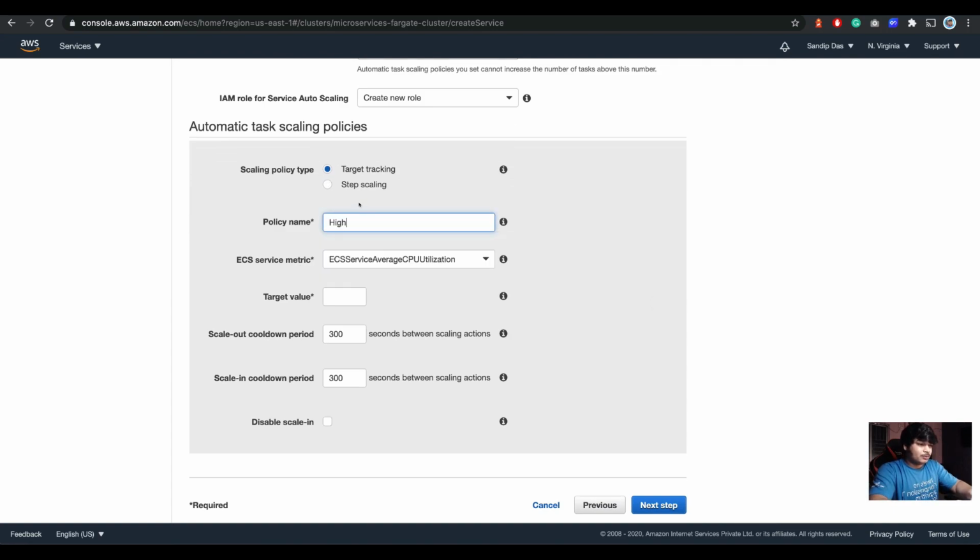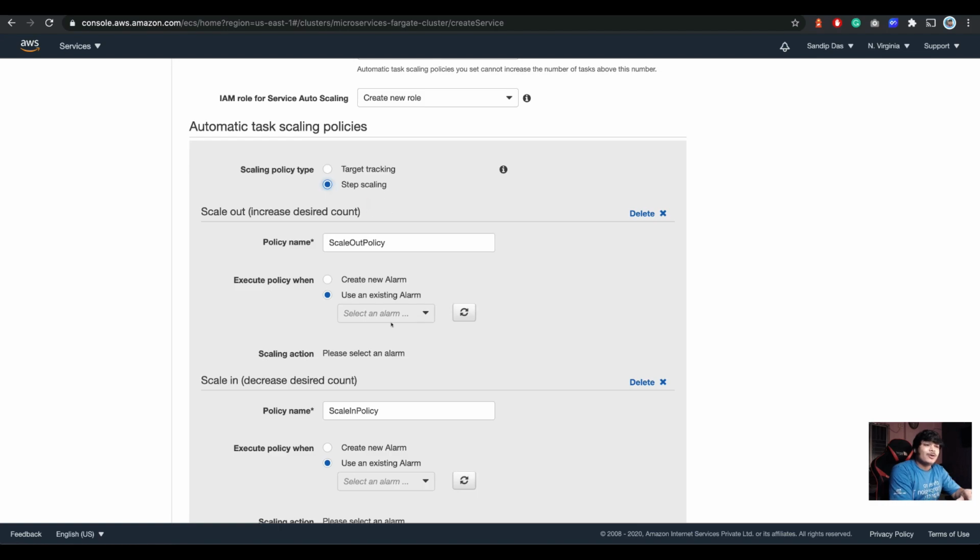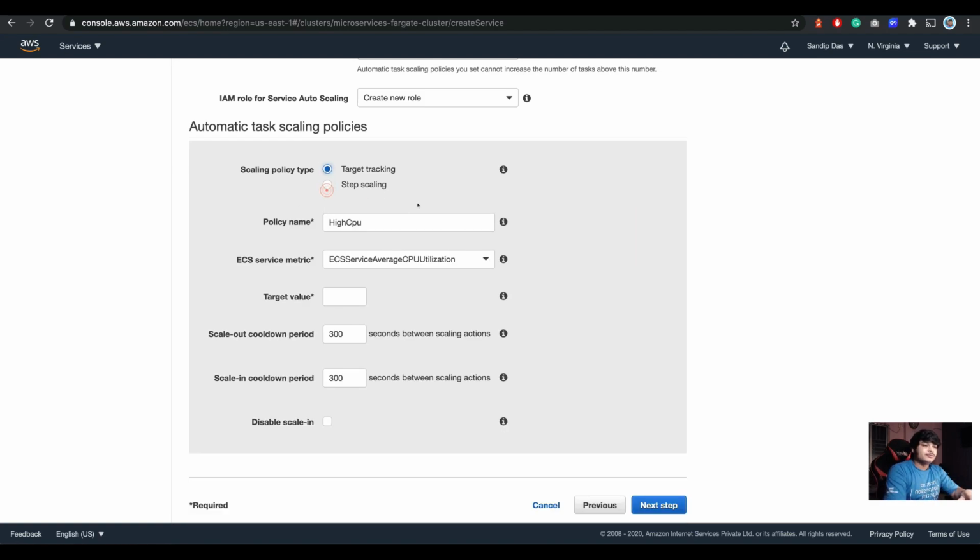Say high CPU. And there are 3 options: ECS service average CPU utilization. If you go for target tracking, or if you go for step scaling, you have multiple ways, which will be complex to understand. So let's go with the simpler one: target tracking. I'm calling this high CPU usage.